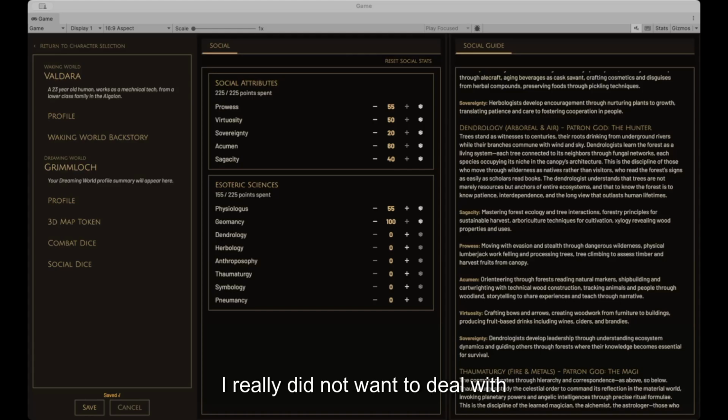Awesome. I really did not want to deal with classes which pigeonhole your character into being that type of ranger or that type of paladin. I wanted you to be able to define your character in a way that was balanced, so you can't have everything, but also in a way that was interesting and dynamic. And how you role play it is all up to you. This just kind of sets what your dice area of expertise is.